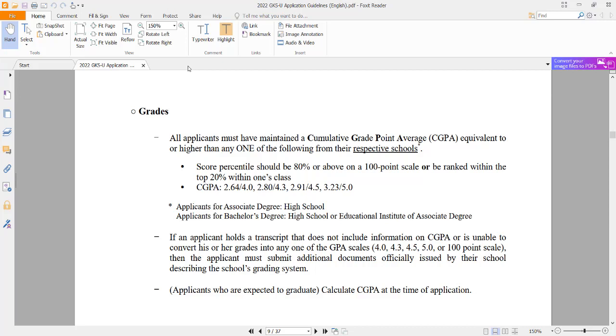And if you are not, then you have to be in the top 20 percentile of that particular class of yours, and then you can get a certificate from your school stating that you were in the top 20 percentile of this batch. Then you can just apply with the percentage, even if you have less than 80%. So there are two things you have to be clear about. If you have more than 80, you have no need of a top 20 percentile certificate, you can just go ahead. And if you don't have more than 80%, you can look at the alternative options, that is the top 20 percentile certificate,